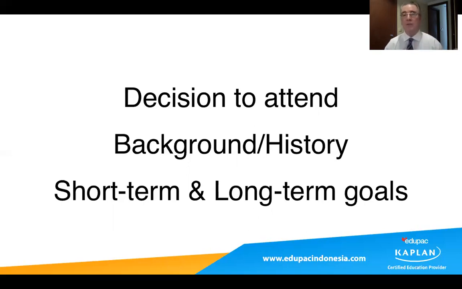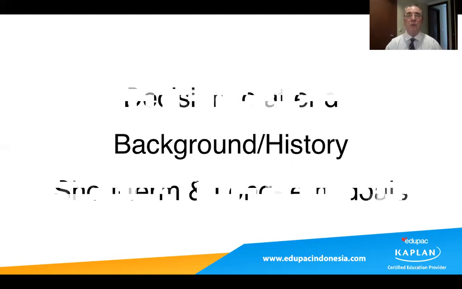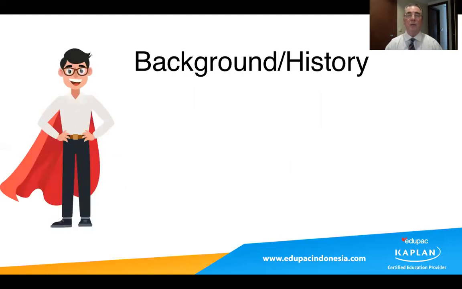So here are some things to think about when you are considering what things in my history, my background, would be important to include in my personal statement. All right, so to begin with,